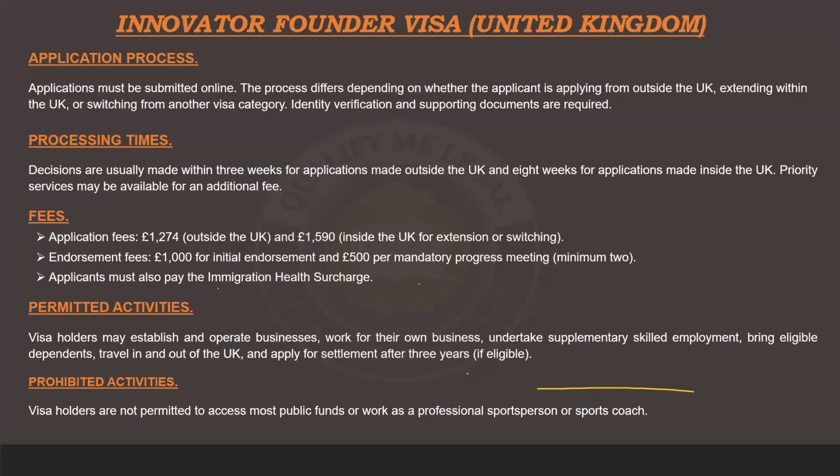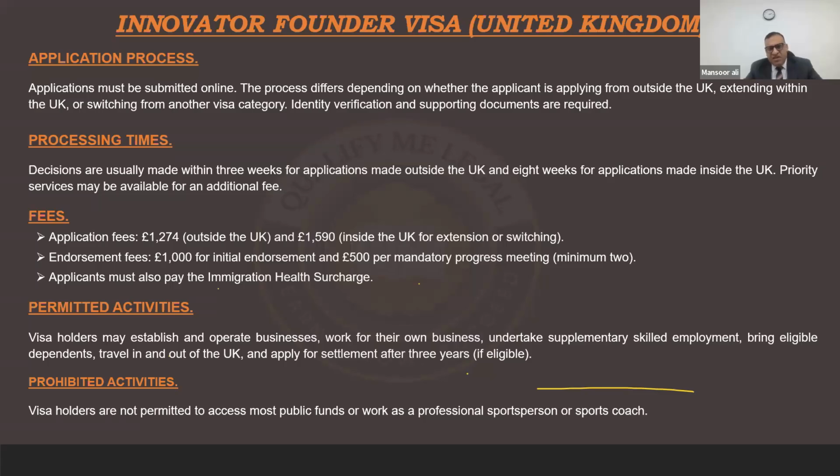It's clear now. You need to explain in detail in your business plan, for the sake of argument, if I'm telling the Home Office that I have £50,000 in order to execute my business, I need to categorically explain to the Home Office that in the first year I would spend this much money. This much money has been allocated for marketing, this much is for day-to-day running expenses, and you need to explain each and everything, how much money has been reserved in order to execute that business plan.